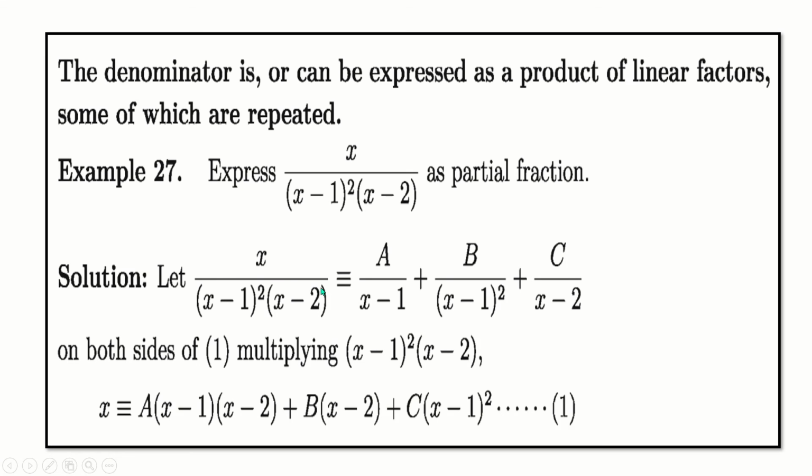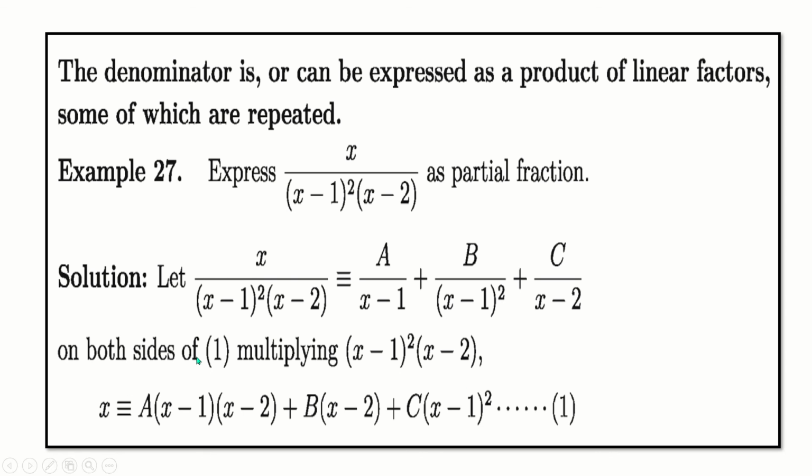Now multiplying on both sides, always x minus 1 whole square into x minus 2, and left side will be x and right side will be a into x minus 1 into x minus 2, because as here is x minus 1 whole square but here is x minus 1, so one will cancel and only x minus 1 and another will be x minus 2. Similarly here this cancel will be b into x minus 2 and here will be c into x minus 1 whole square. Okay, we can put x equal to any values, no problem, or we can equate the coefficients